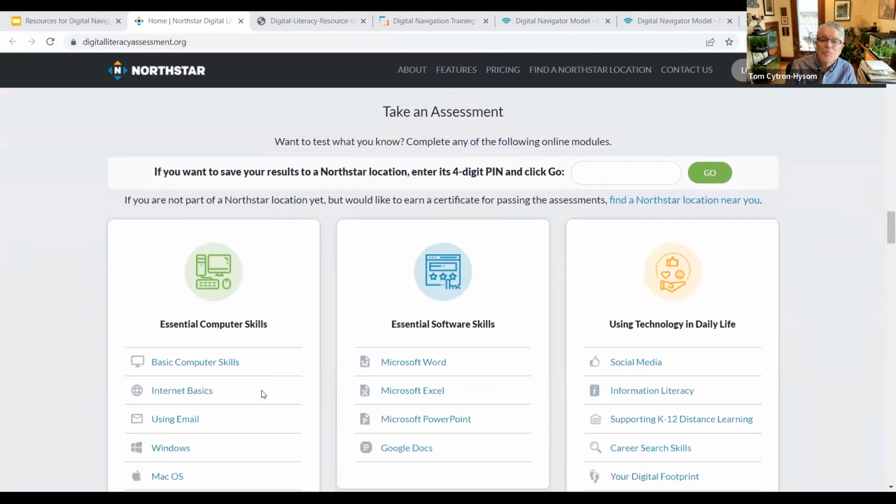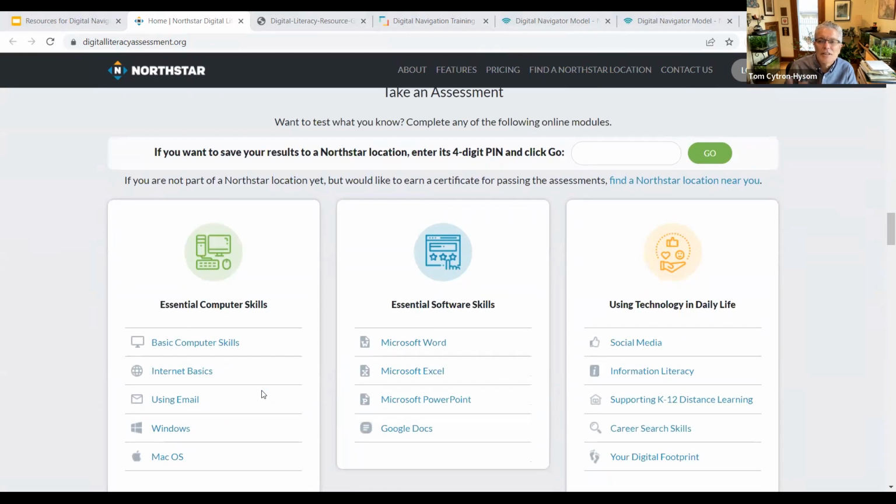The first is essential computer skills, which includes things like email, using the internet, basic computers, so on. Then we have essential software skills, which are basically things you would use in an office or in the classroom, the Microsoft Word suite, Microsoft Suite, as well as Google Docs. And then a growing area of using technology in daily life, social media, information literacy, which I think is a really important thing that digital navigators can work with students on, since lack of information literacy is a huge problem